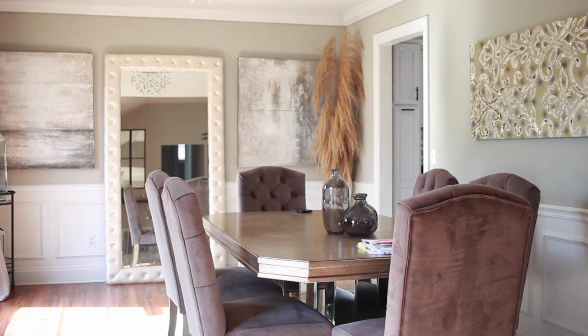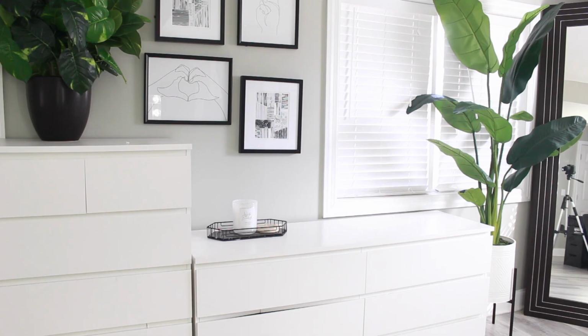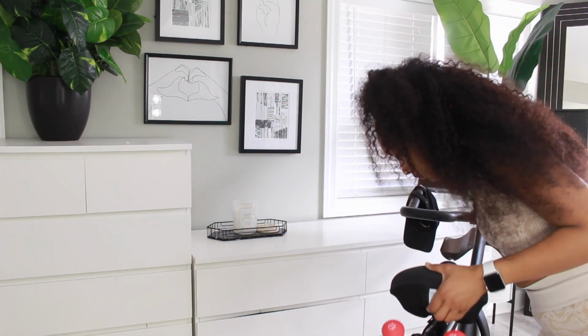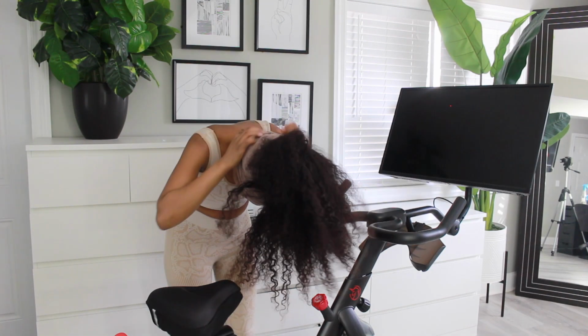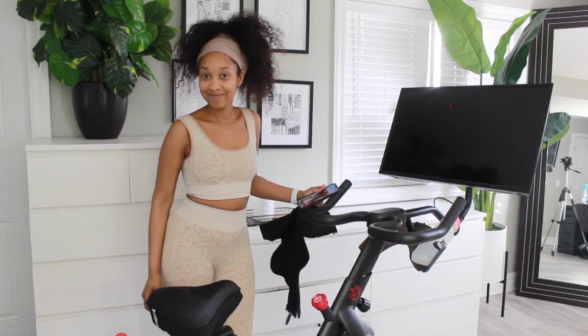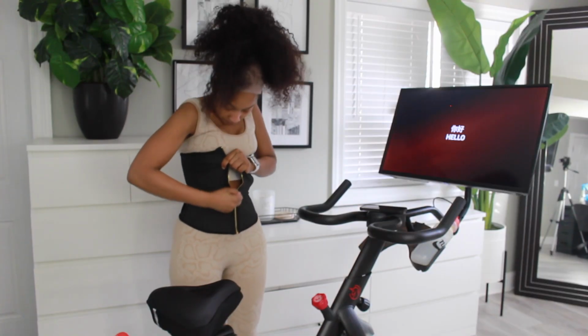So when I do a small reset, these are the primary areas of the house that I focus on. I also do the kitchen as well, but the kitchen was already clean because my husband cleaned it. And so then I will just finish my reset with a workout. This also helps with anxiety because it's going to take my focus away from those anxious feelings and focus on